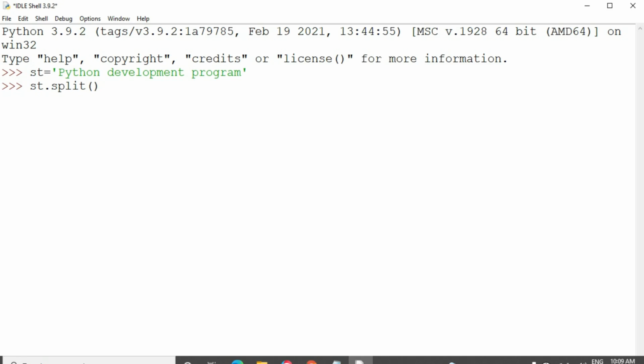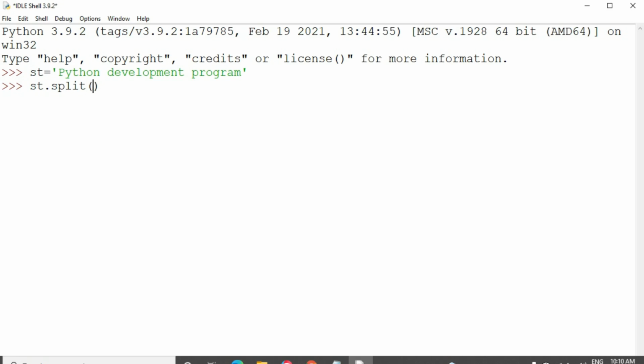If you want to split the string with a particular character, we should give that particular character inside the brackets. If you don't give anything, by default it considers the space, wherever the space is in the string, the string is split at that space.